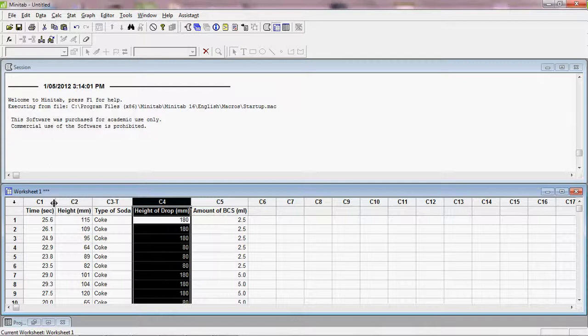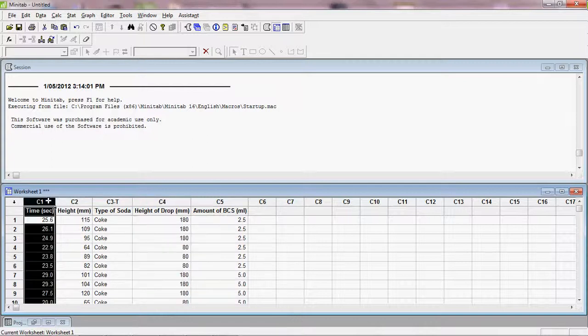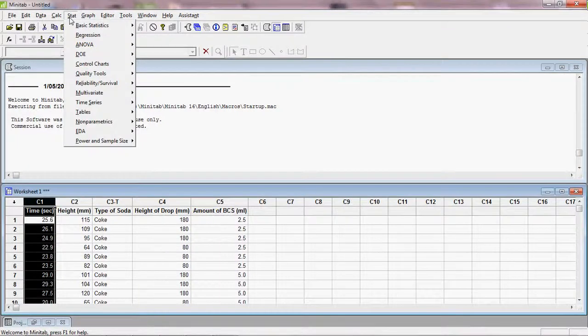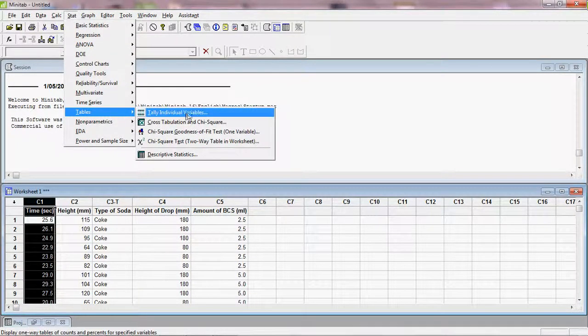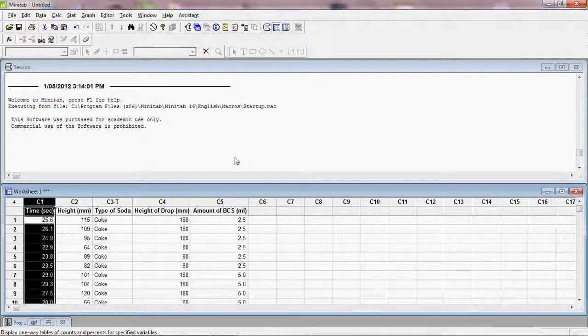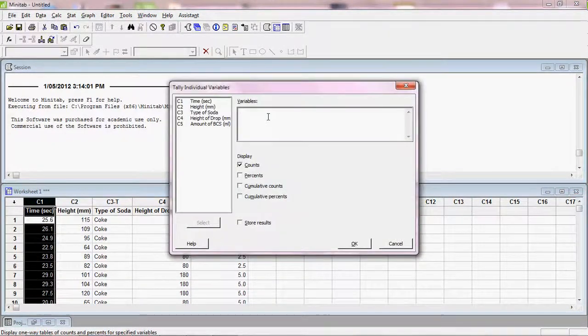So what I would go through next is just double check that all my data is okay, and I would do that by tallying up these variables. I'd go to Stat, Tables, Tally Individual Variables. I'm not going to tally up height and time because I know because they've been measured they're going to be all over the place,